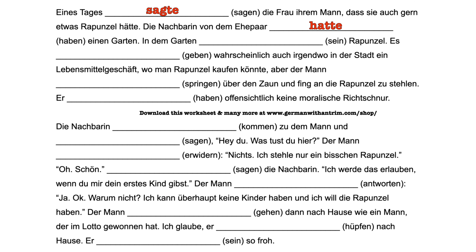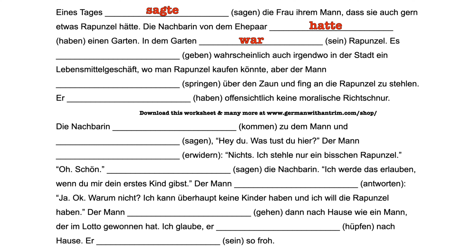"In dem Garten," insert form of sein here, "Rapunzel." This time we have Rapunzel as our subject, which is a singular noun, and so we say war. War is the stem of the verb sein in the Präteritum tense, and since it's the sie s form, we don't have to change anything about it, we just leave war as war.